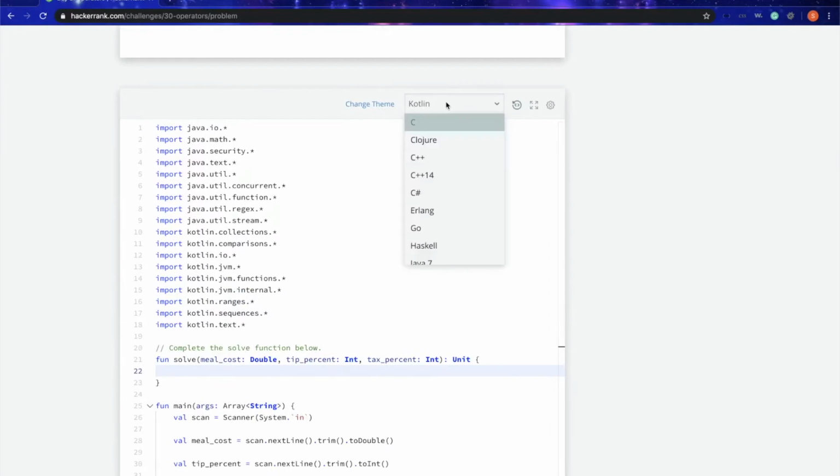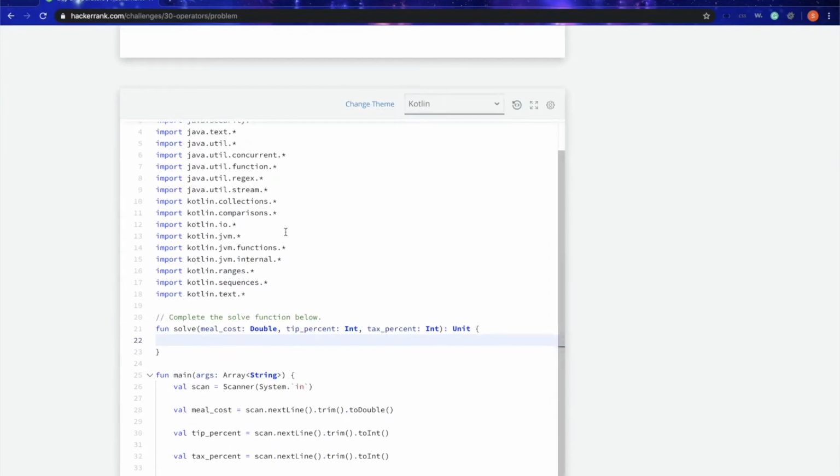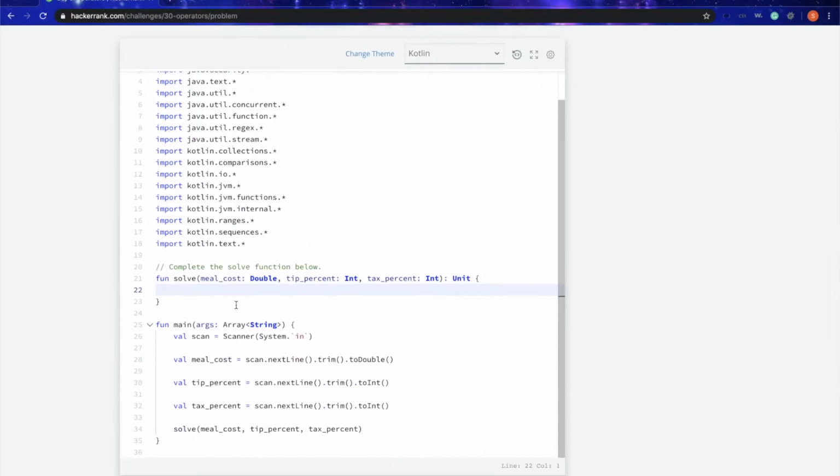We can also do it in Java. So to begin with, let's do it in Kotlin. They have already accepted the user input and they have provided a method called solve for us to find and print the meal cost. So let's just say